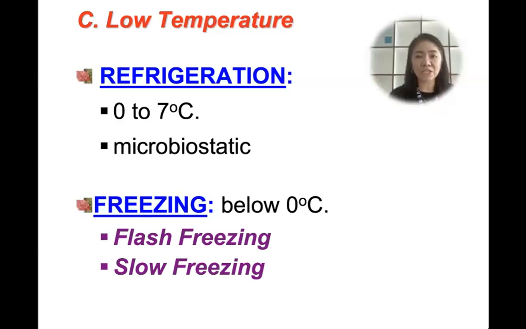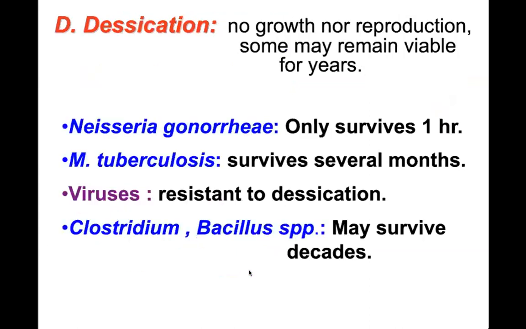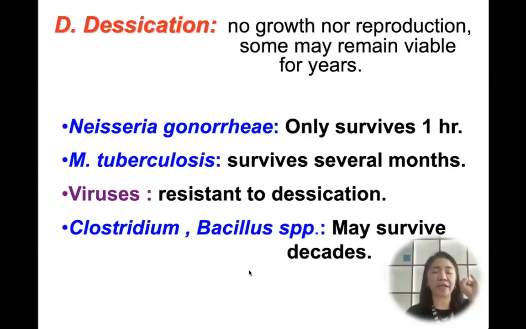So we can do flash freezing, biglang pagtigas. That's deadly, no? Kasi pwedeng mamatay, no? Makaka-cut off yung metabolic processes ng organism. Ang slow freezing is also deadly kasi slowly, okay, magpo-form yung ice crystals and then ang ending nun, matutusok yung iyong mga microorganisms. So, okay din siya actually. Makakapatay din dyan ng freezing. And then, syempre, so meron tayong heat, meron tayong filtration, meron tayong low temperature, and yung pang-apat natin, meron tayong